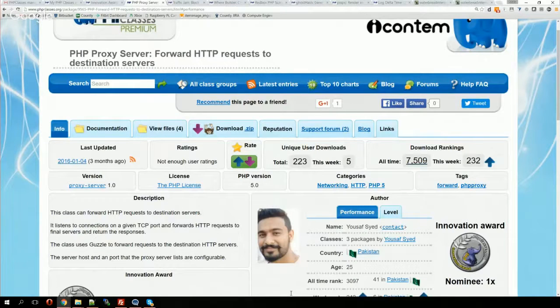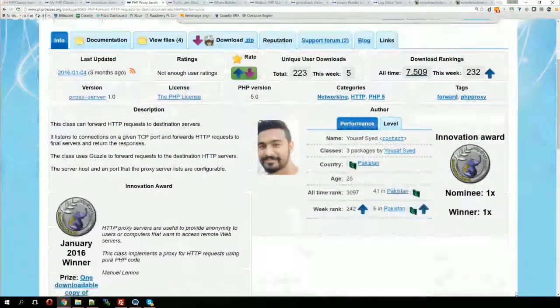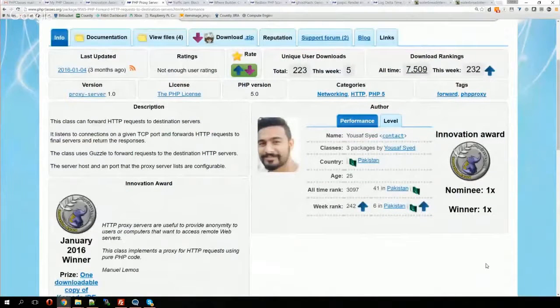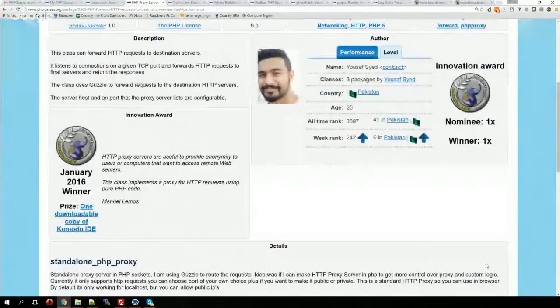It's usually port 80, and it forwards them to other servers. So it works as a proxy, so you could hide your identity or hide what country you are from and stuff. And basically, yeah, that's what it does. And Yusuf got one downloadable copy of Komodo IDE for this package.